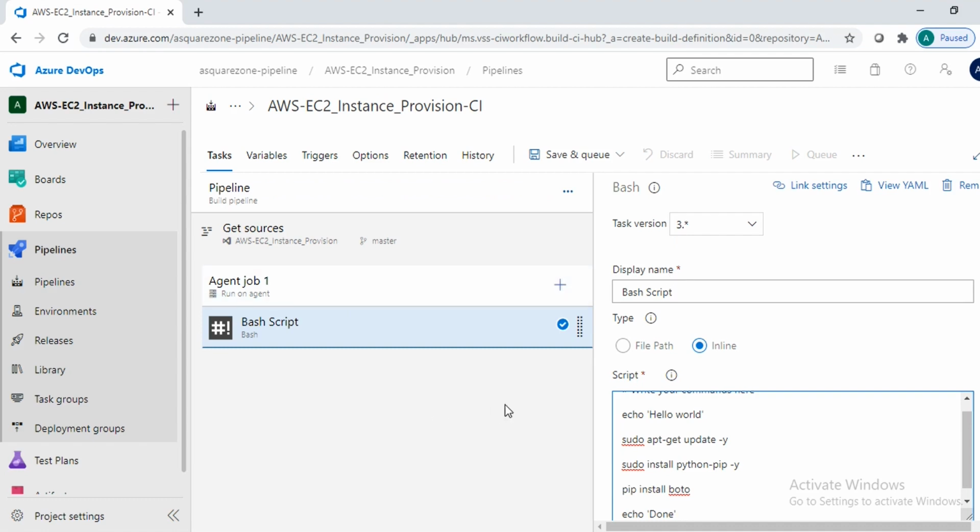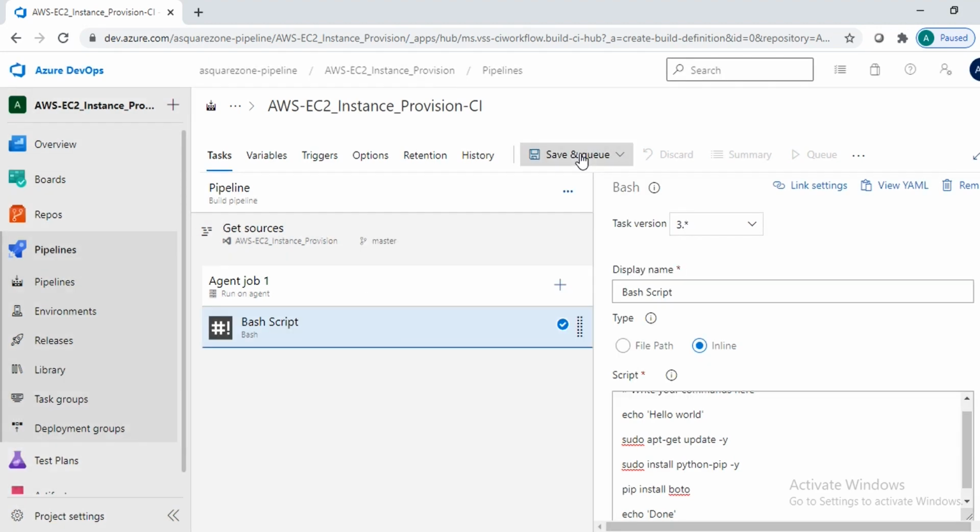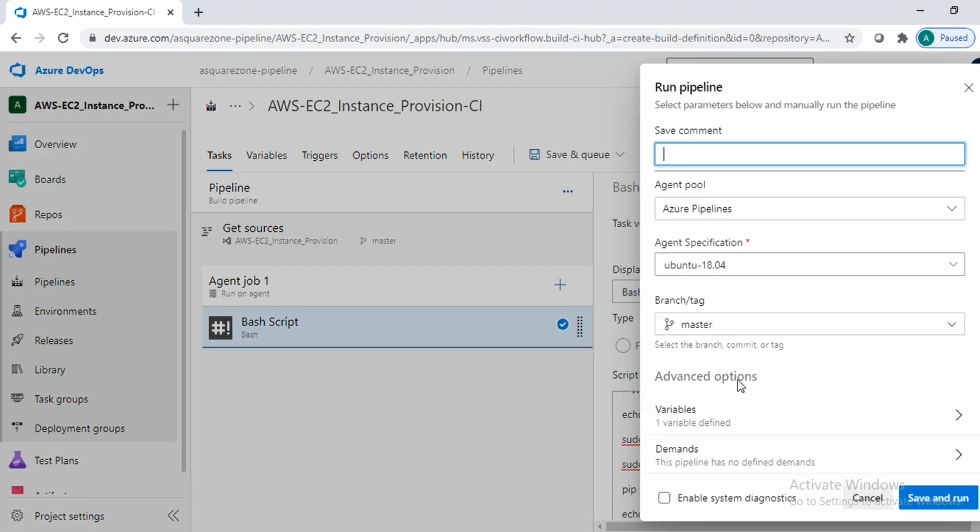and I'm saving this, save and queue. I will give directly save and queue. So install pip and Boto. I'm giving two names and it is installing two.